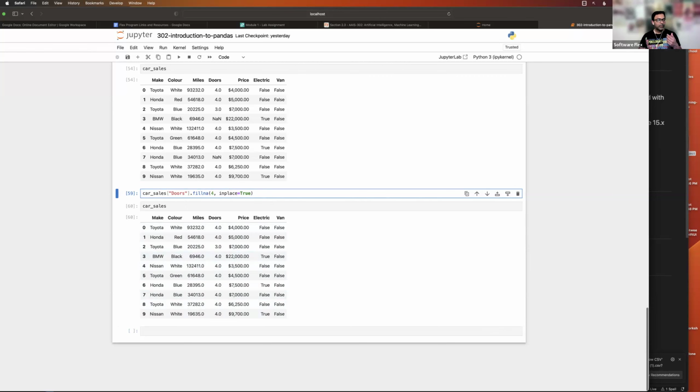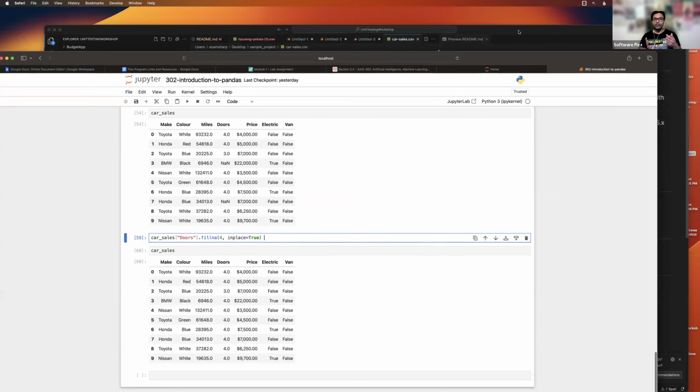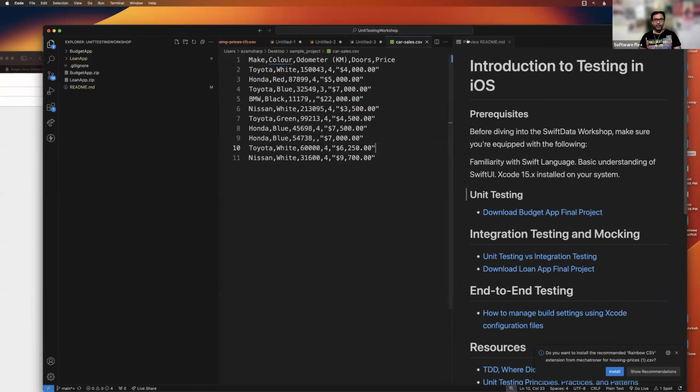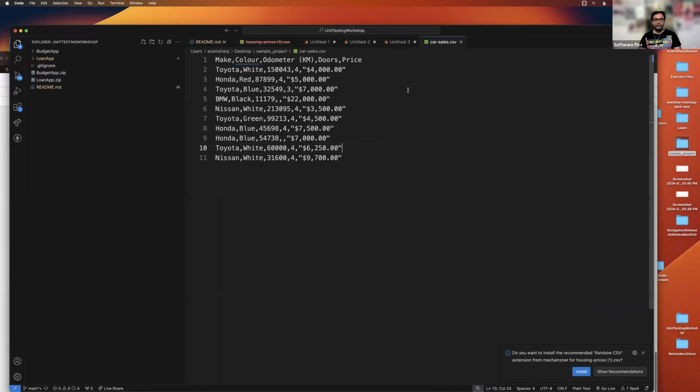So if I go back into the actual data set, looking at the price, if we zoom in a little bit, the last column you can see price is string, all of them are string. What if I just remove a couple of these values? I think it was 22,000 and something else. And if I save it,